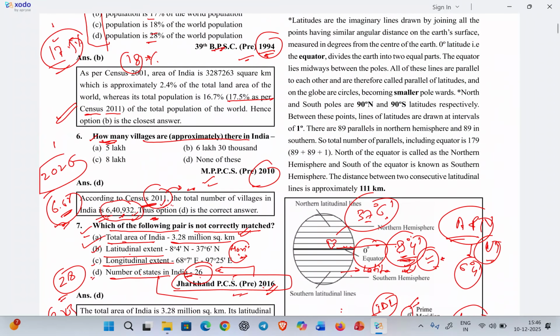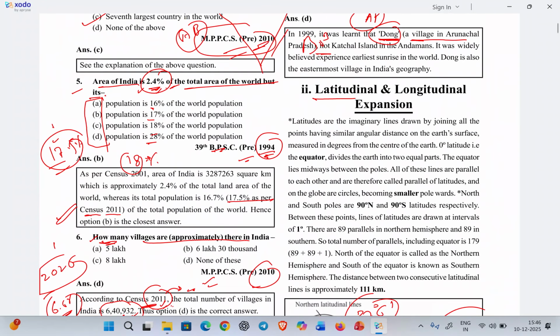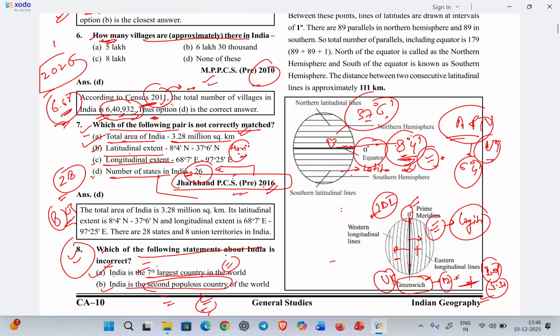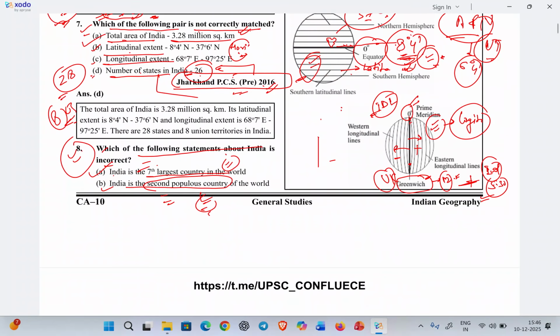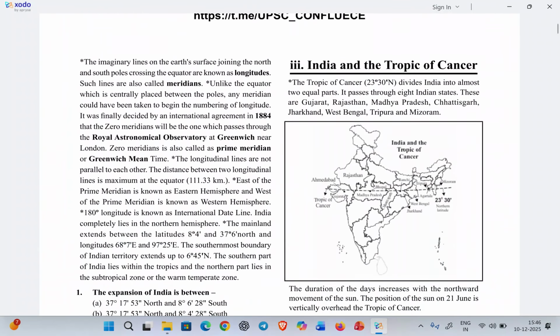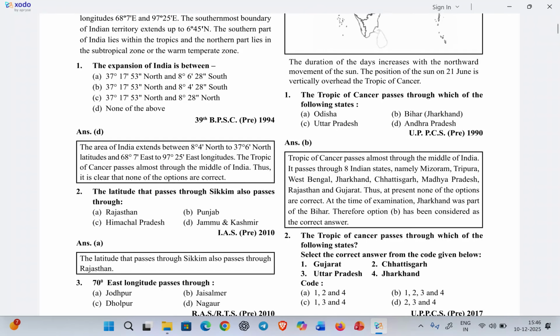Okay. Now next, let's see the latitudinal and longitudinal expansions of India. Latitude is the one which is horizontal lines, and longitude is the one which is vertical lines. We have already seen this topic, and now we are going to cover a question which has been asked in BPSC. The expansion of India is between which, let's see, 37 degree 17 minutes north and 8 degrees 6 minutes south,